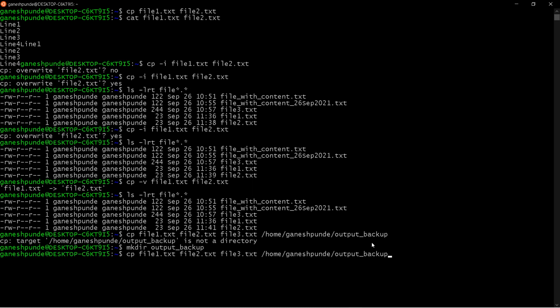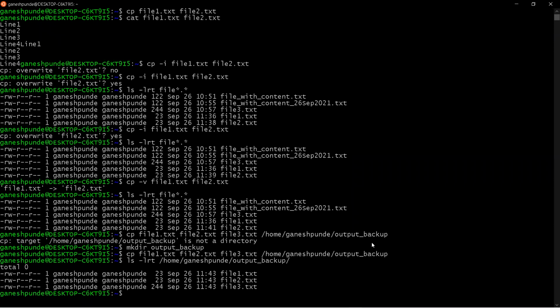Now, if I execute the same command, you can see it is working, right? And now, if I want to see the content of the directory, I can say home and output_backup. You can see file1, file2, file3 are copied, right?